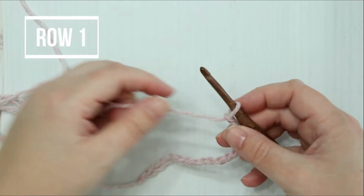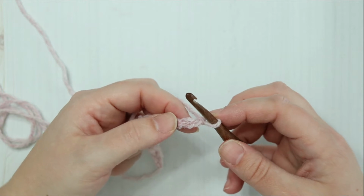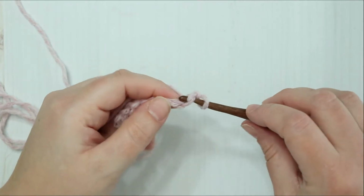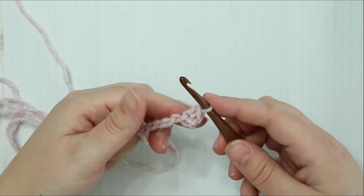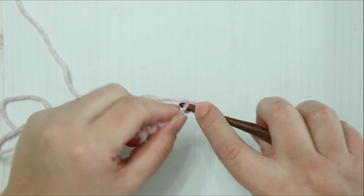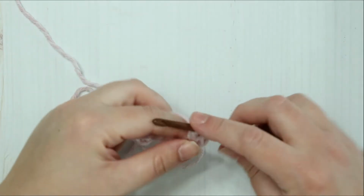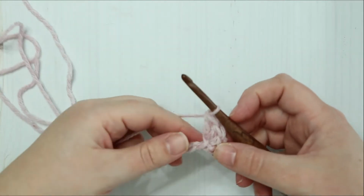For row 1, you're going to start in the second chain from your hook, and then in the chain after that, in the third chain, you're going to work a single crochet and 2 double crochets, all in the same stitch. There's a single crochet and then 2 double crochets. Skip 2 chains,